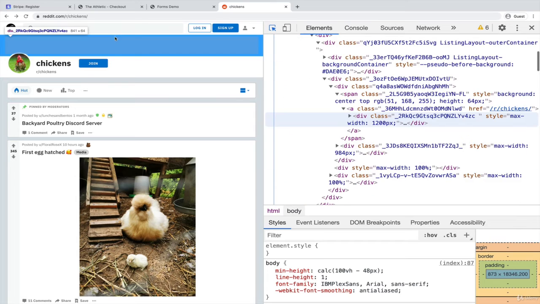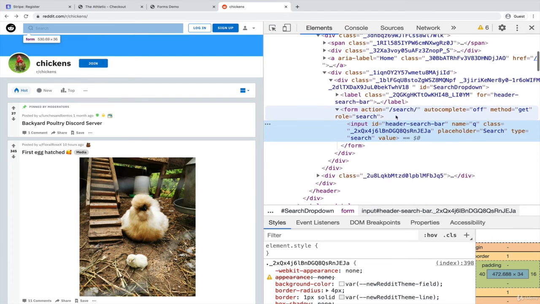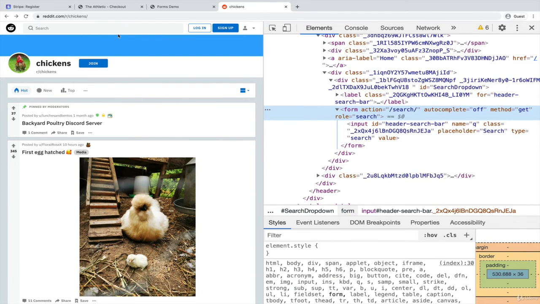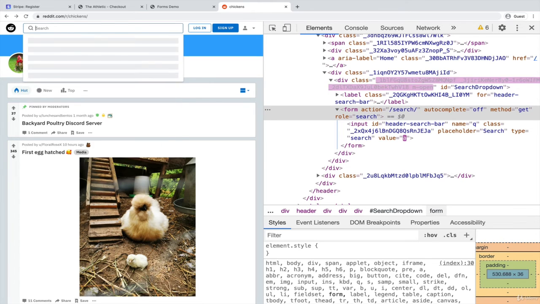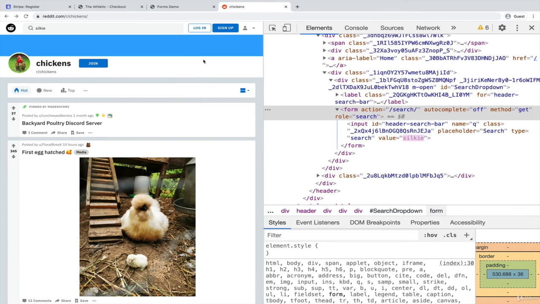So we've got that form. We already have seen it has this action set to /search. And if I type something in, let's just go with Silky again, and I hit enter to submit that form, an HTTP request will be fired off to /search. Now, /search is not a website I can just go to, right? This is relative to where we currently are, which is reddit.com. So it's going to go to